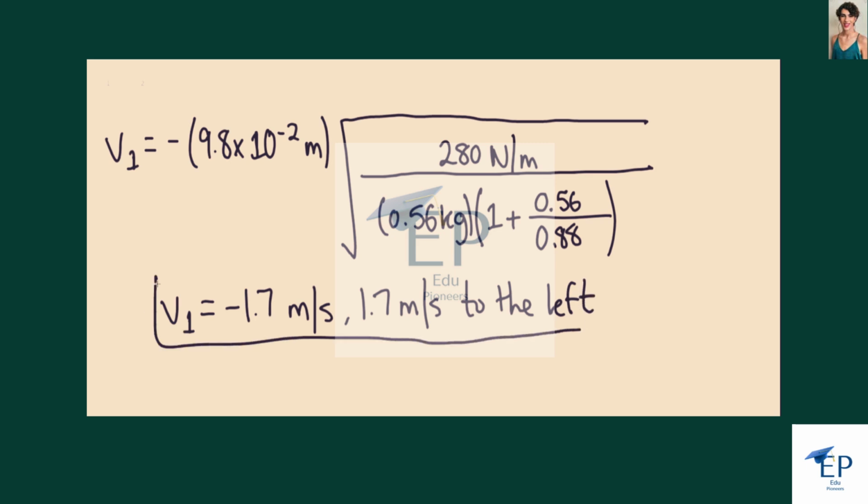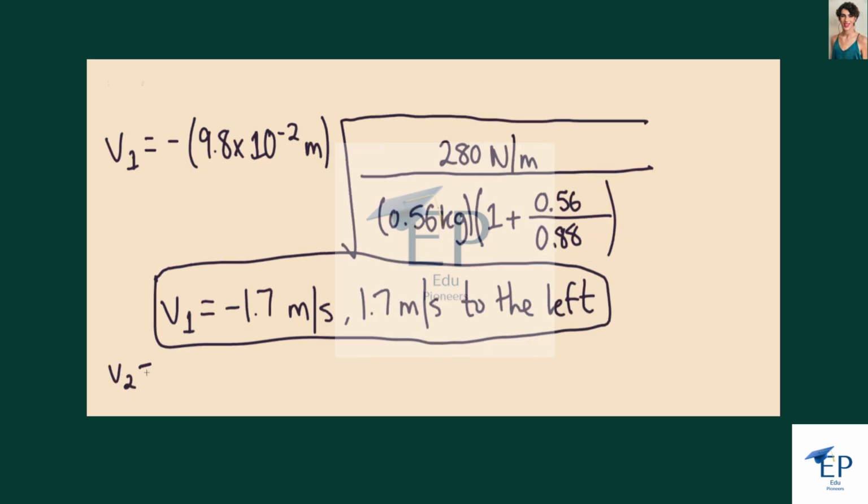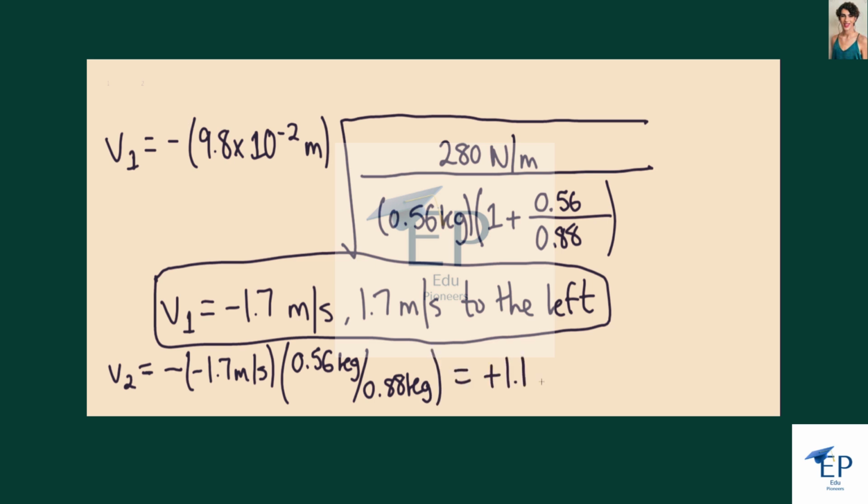We can highlight this, and so then plugging this into the equation for v sub 2 here, we can get that v sub 2 is going to be equaling negative 1.7 meters per second multiplied by 0.56 kilograms divided by 0.88 kilograms, and this is going to be equaling to positive 1.1 meters per second. Of course, 1.1 meters per second to the right. This would give us v sub 2. So this would be our final answer,